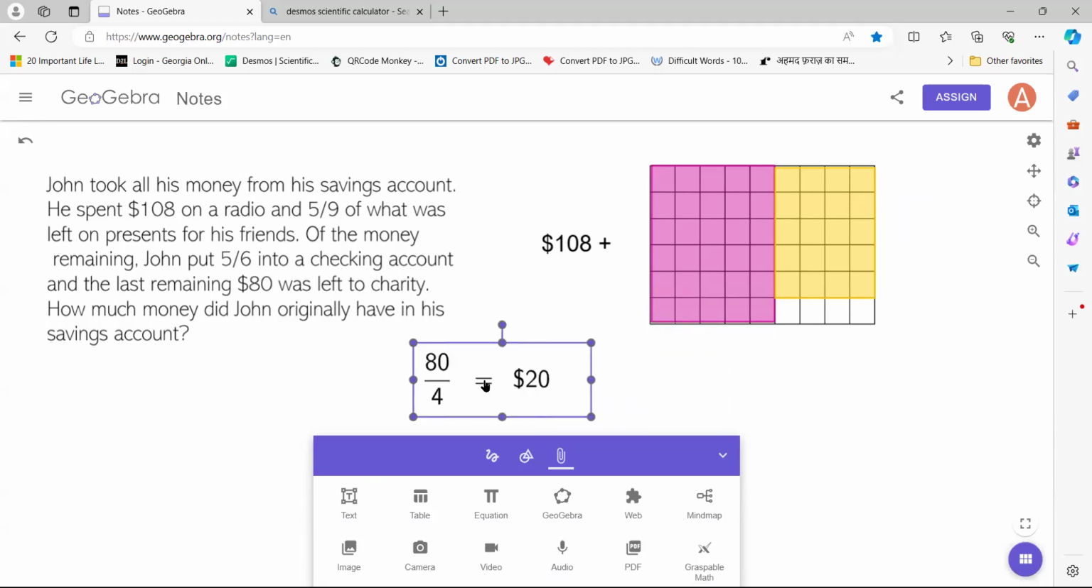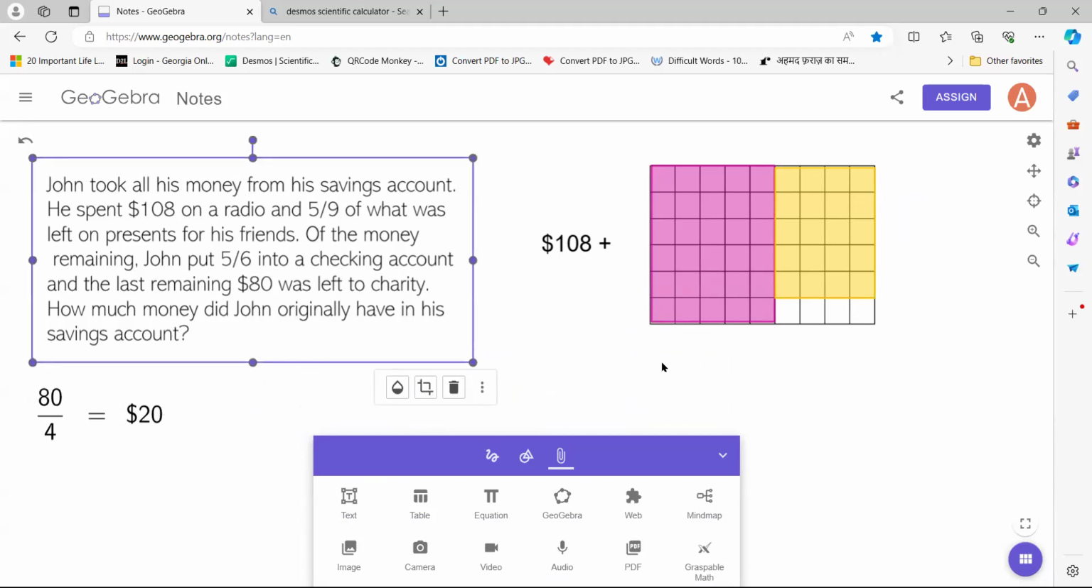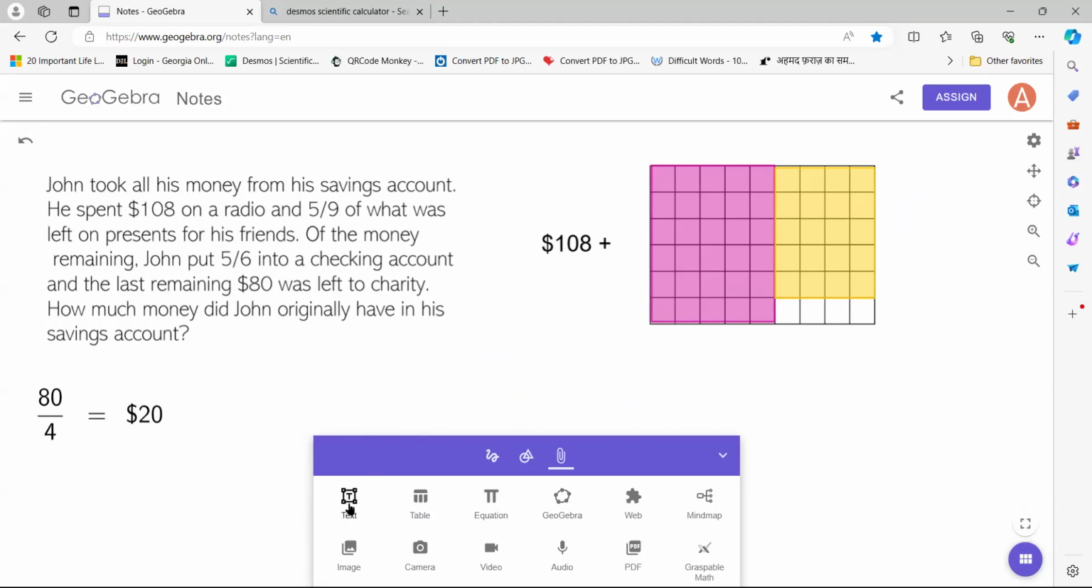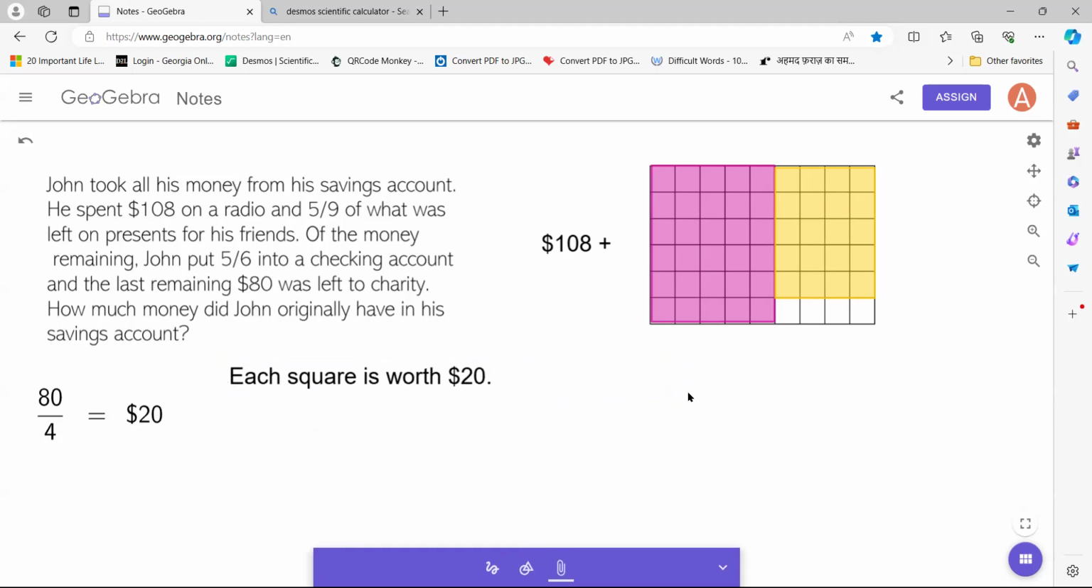We're almost done. Now, what do they want us to find? How much money did John originally have in his savings account? Well, let's write it down. Each square is worth $20. So it's an important finding. Each square is worth $20. Now, I need to find how much money John had originally. Well, if you count all the squares here, remember it was 6 by 9, that's 54. So your answer will be 54 squares